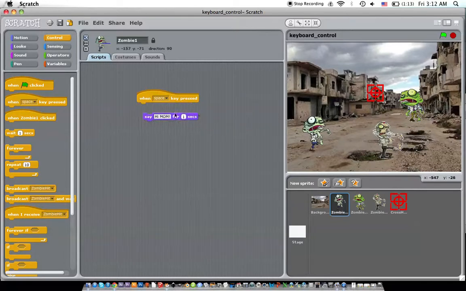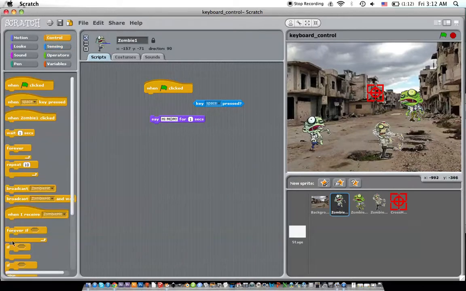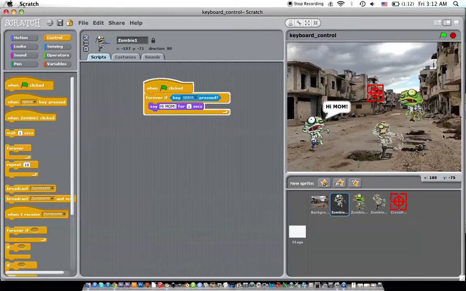That's one way to do it. Once again, there's different ways of doing it, and different people choose to use different ways depending on how they like their code to look like. And you know, sometimes when things get complex, certain ways do work better than other ways. So I'm going to say forever if say hi mom. So I'm going to click the green flag and I'm going to press the space bar. Hi mom. Hi mom. So there you have it, a couple of different ways to use your keyboard to control things